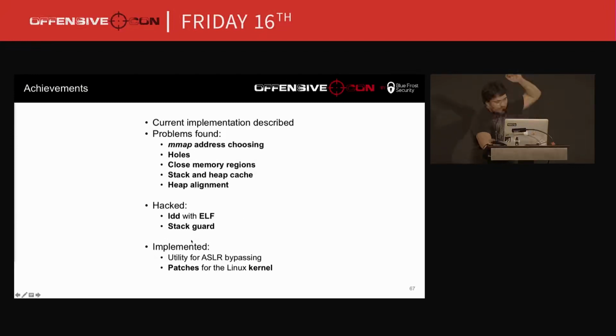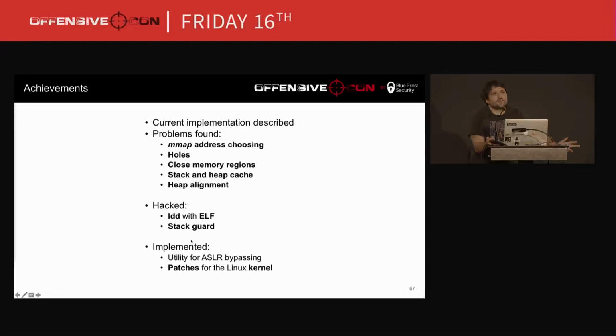I described the implementation. I found many things. Sorry. I found heap alignment. I found stack and freed caches. I reported it to the vendor. Also, today I talked about the problem of close memory regions.